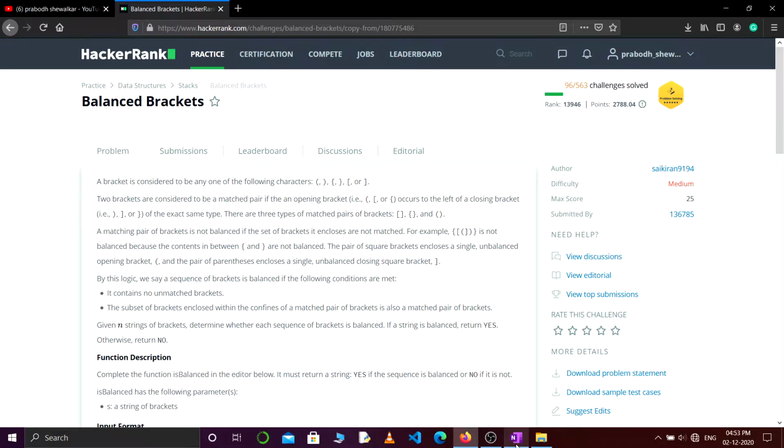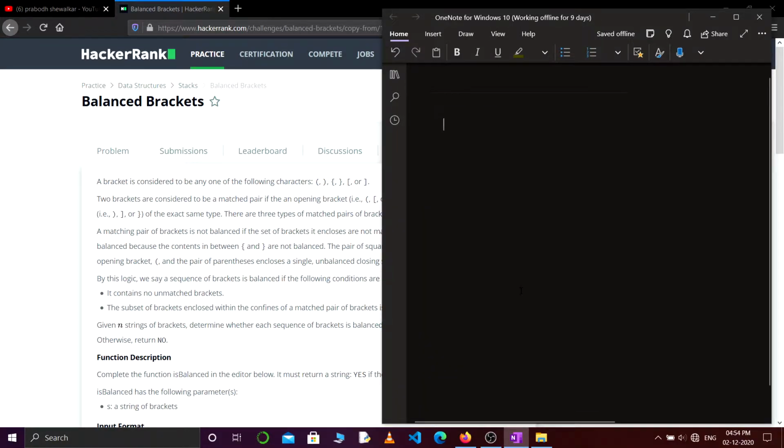Okay, so let's see some example. Let's say the string is this. The idea of using stack is, whenever we see an opening bracket, it means this bracket and this bracket, we will push it into the stack. And whenever we see a closing bracket, closing brackets are this and this, then we will pop from the stack.